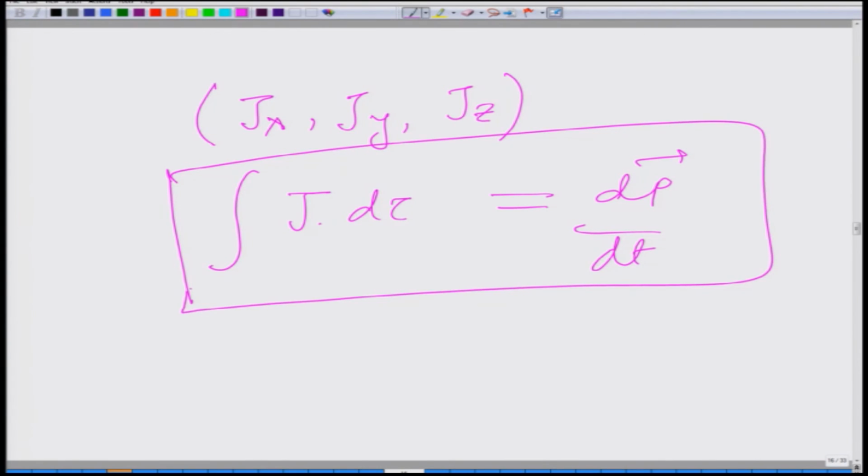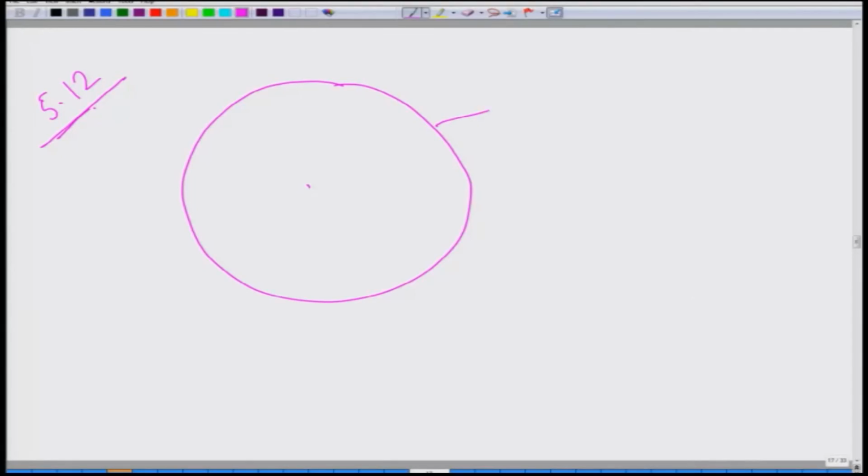So use this hint and prove it. Now let us move on to the second problem, which is 5.12. In this problem, you have to use the solution that you have obtained in example 5.6, and using that example solution, you can find out the magnetic field at the center of a spherical shell